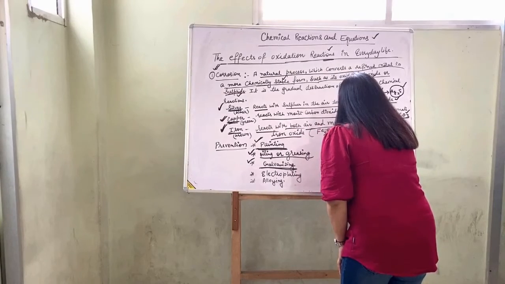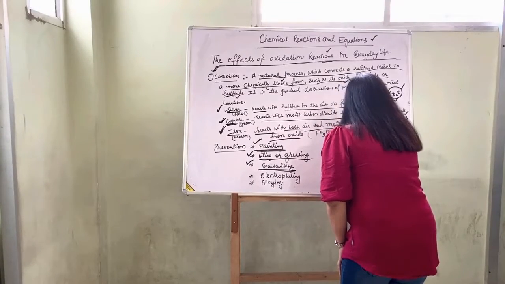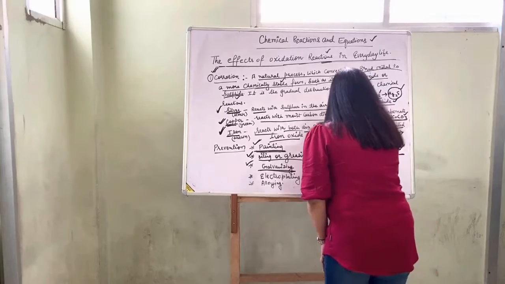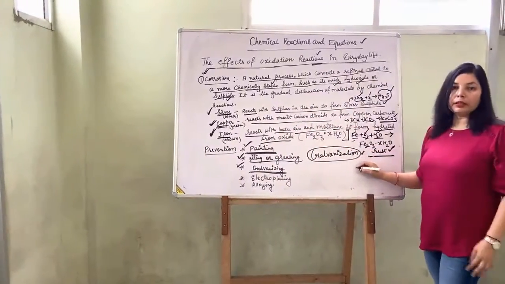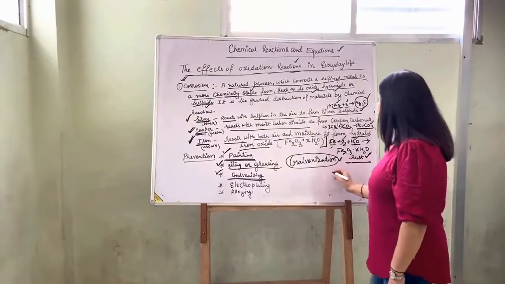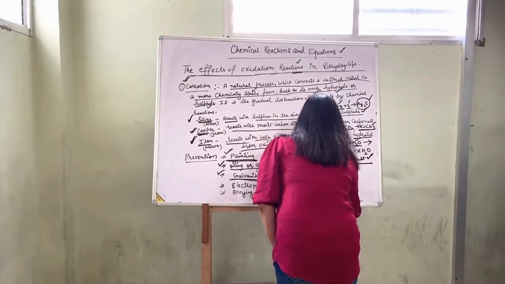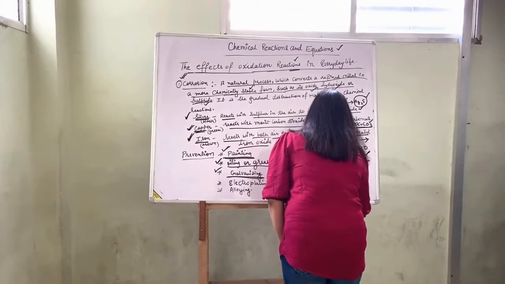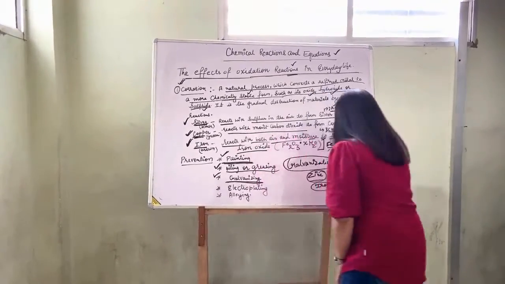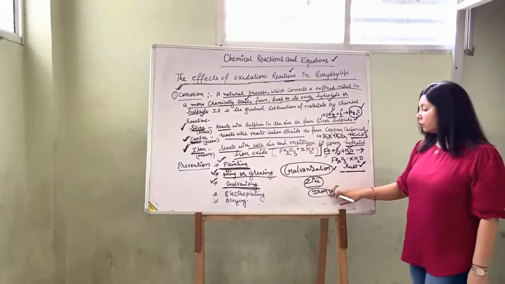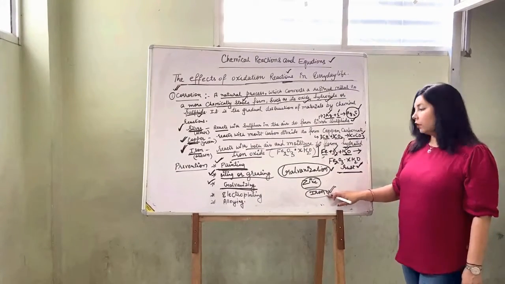Galvanization is a method of applying a layer of one inferior metal, like we can say applying a layer of zinc on the surface of iron. On iron, if we are applying a layer of zinc on the surface of iron, then iron, which is more